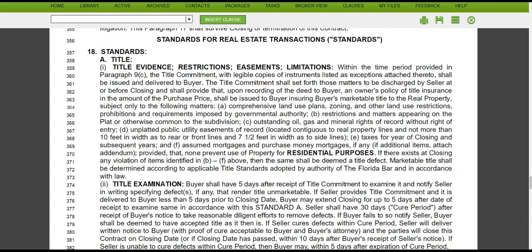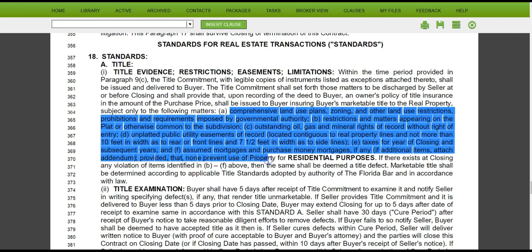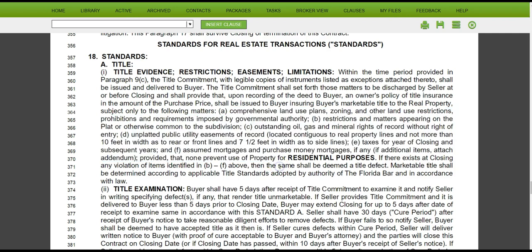Title evidence restrictions. Within the time period specified in paragraph 9C, the title commitment shall be delivered to the buyer, and it will list any exceptions that will be put on the title commitment as well. Now, if there are any issues within these bullet points, then that would be considered a title defect, and the seller would be obligated to cure those title defects as long as you make the seller aware of these